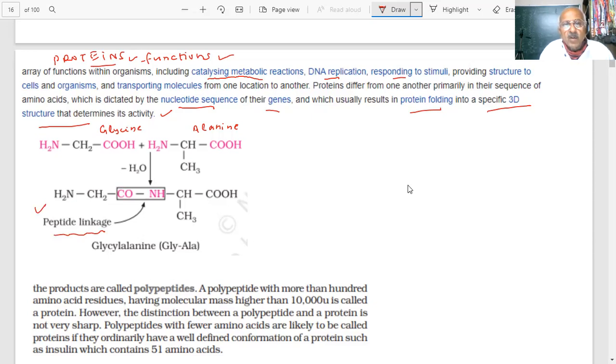So what you said, two alpha amino acids we have shown here. They are forming what? A dipeptide. Di means there are two units, students. The product of the reaction here is called a dipeptide, made up of the two amino acids. Okay? When one carboxylic, this is a dipeptide.